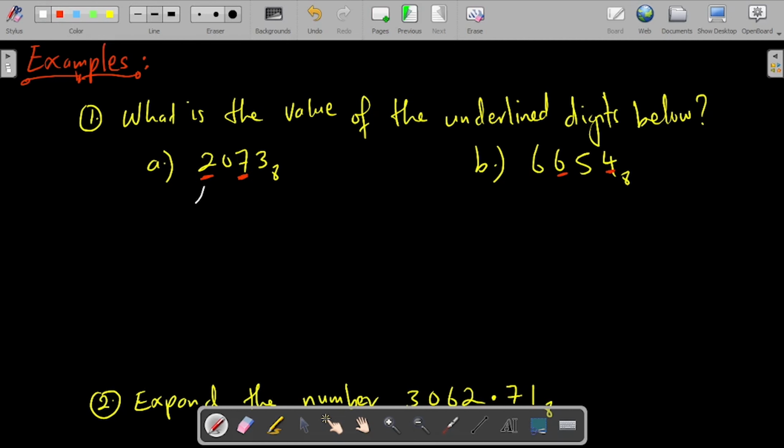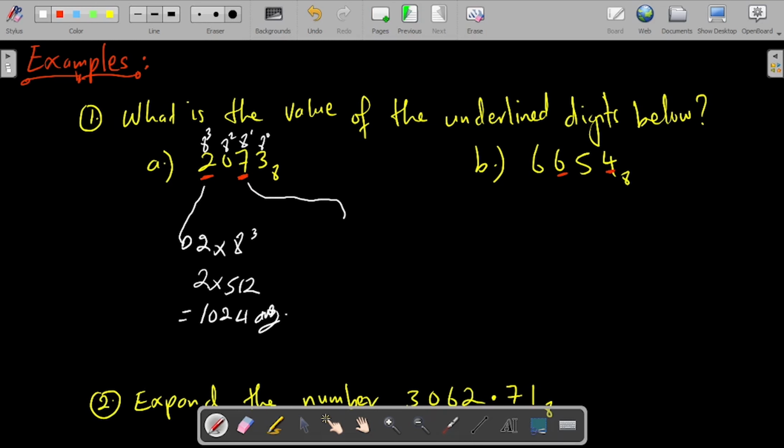So the face value is 2, so 2 times 8 to the power of 0, 8 to the power of 1, 8 squared, 8 cubed. So 2 times 8 cubed, so that is 2 times 8 times 8 is 64, and 64 times 8 is 512, right? So that's 2 times 512, and 2 times 512 is 1024. Okay, so that is the total value of the 2,